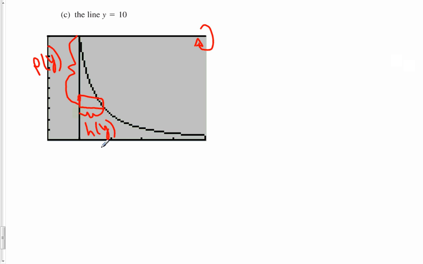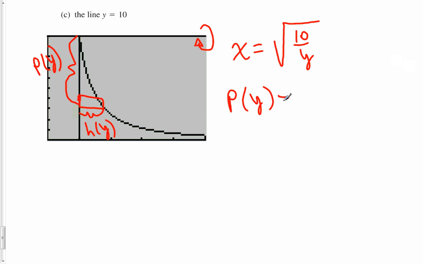Let's see if I can identify those. Remember that the x values for this curve are the square root of 10 over y. For py, which is the distance here, it seems to me this distance is the difference between 10, which is the line y equals 10, and